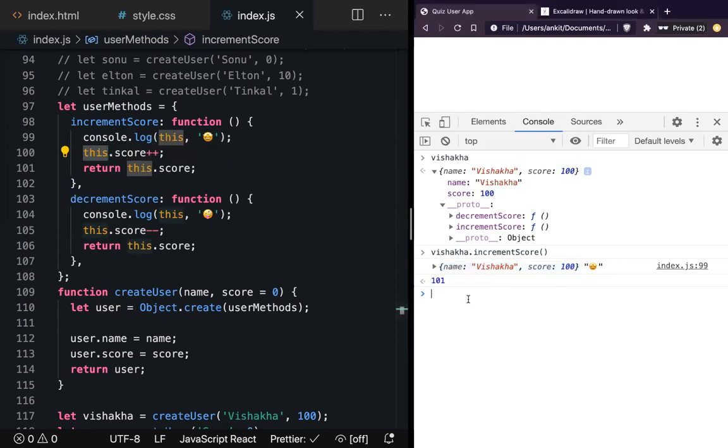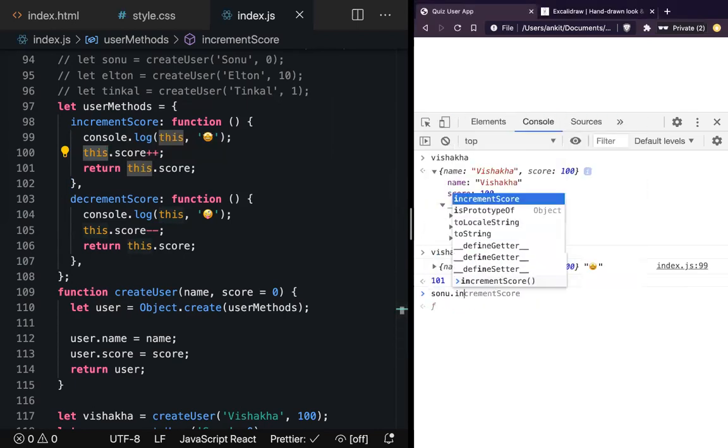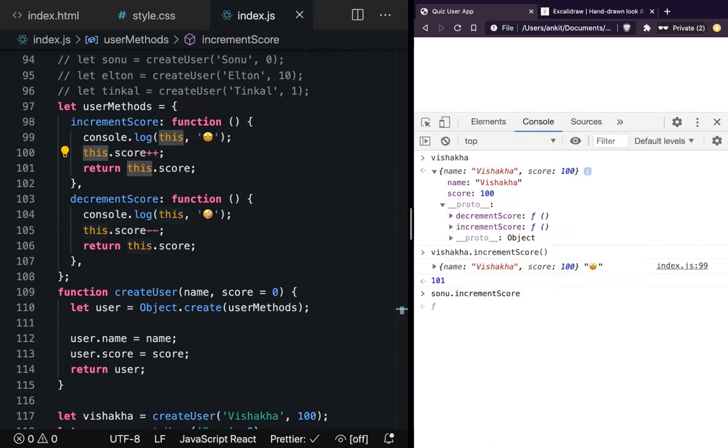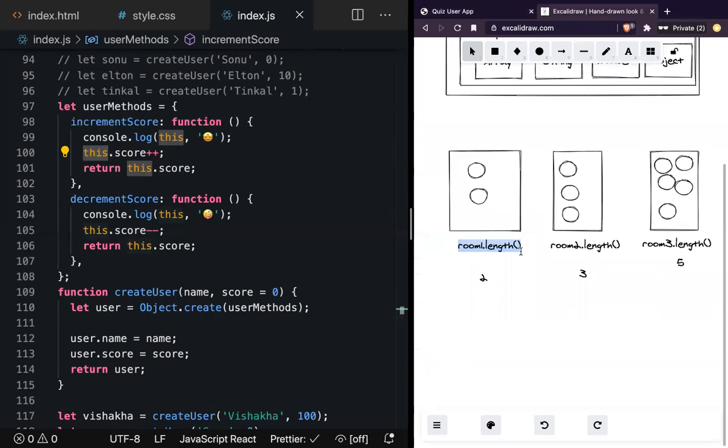Now let's do the same thing with Sonu.incrementScore. Refresh it and you can see what this is here. Object. So in this example, instead of writing it 3 times with different values, what can I write? This dot room, and even here I can say this dot room.